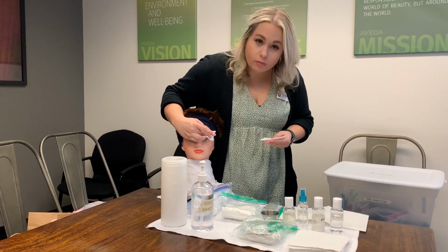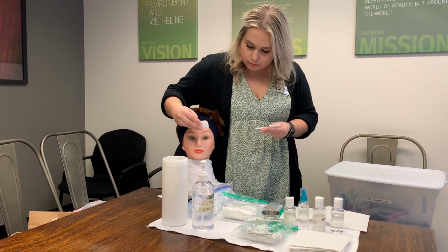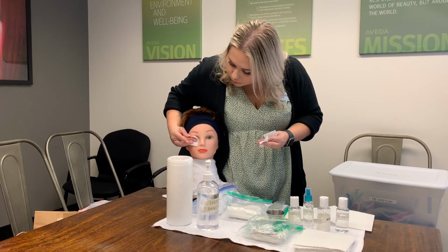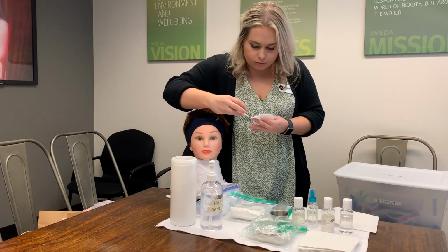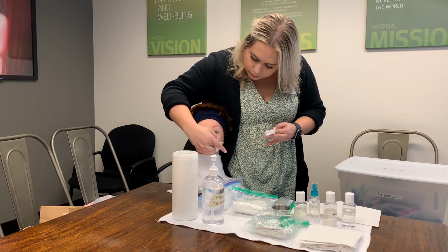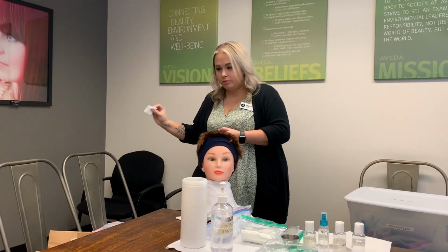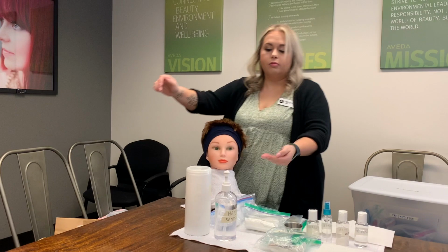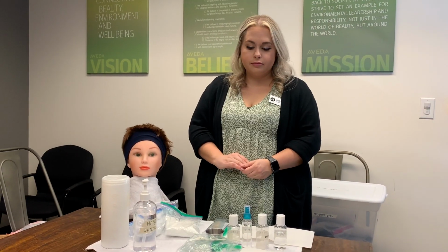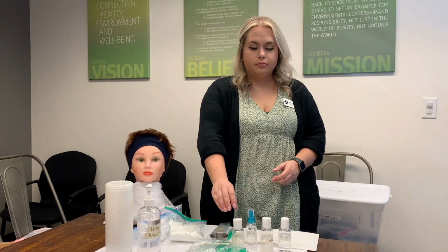And we're gonna start with eye makeup. So 1 cotton for each eye. And then lip. So from the outside in, outside in. Now you're gonna throw those in the single-use trash bag and sanitize those hands. Okay, so eye and lip has been performed, and now we're gonna move on to applying the cleanser to the